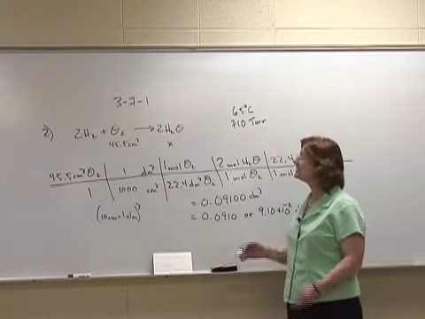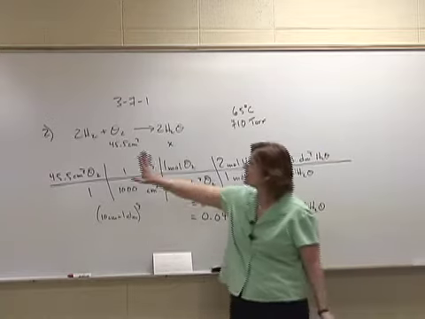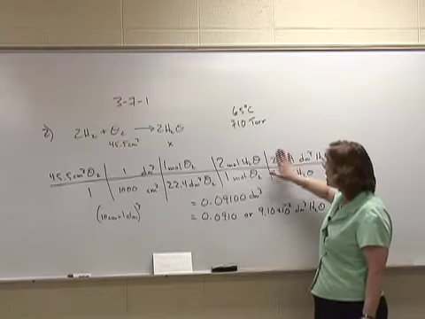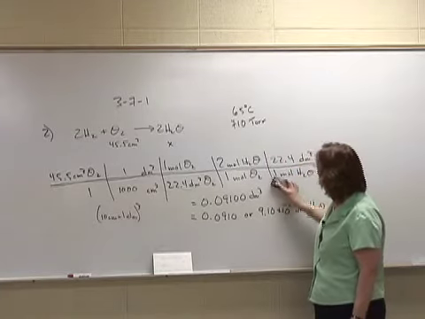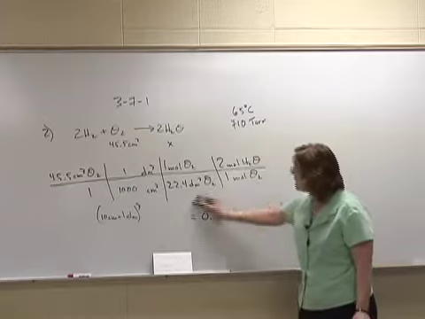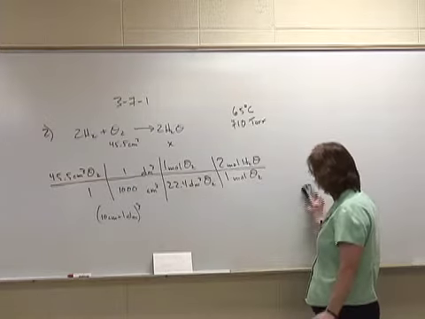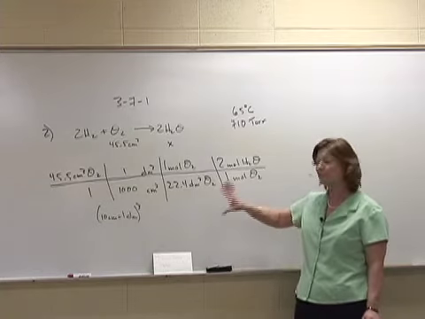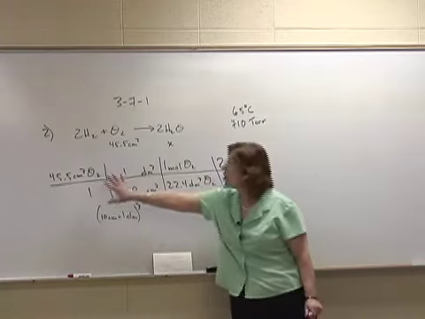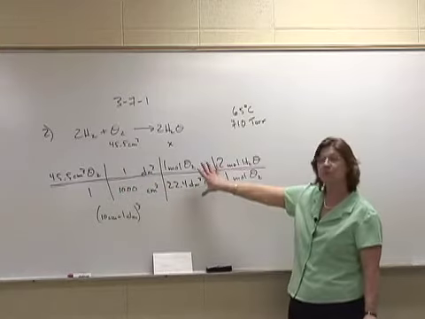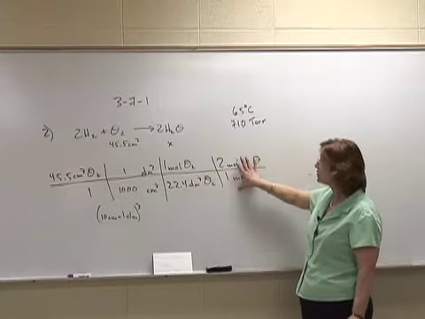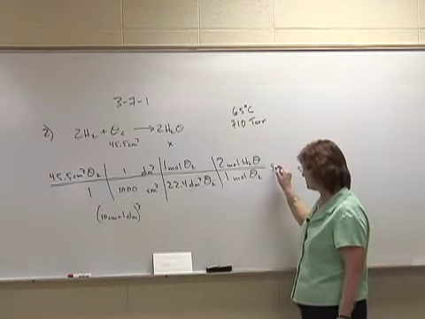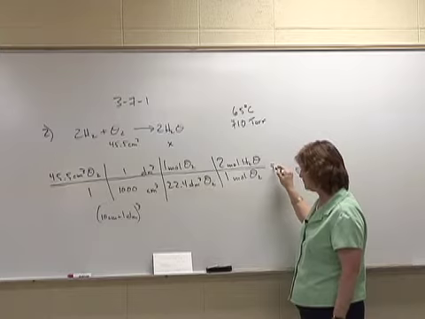And the way that we do this is very similar in that we change our volume to moles. So this process would be the same up to this point. And then I would want to go to my moles of my oxygen. There are 2 different types of problems that you'll see with this, and this would be from a volume. So we change our volume to decimeters cubed and then standard molar volume and then the mole ratio, and we find out how many moles of the water that we have. And if we were doing this, we would find that we have